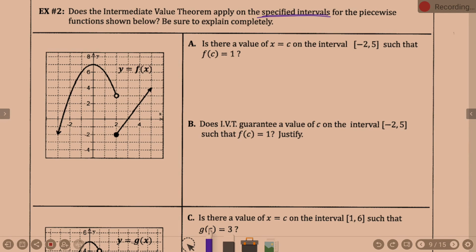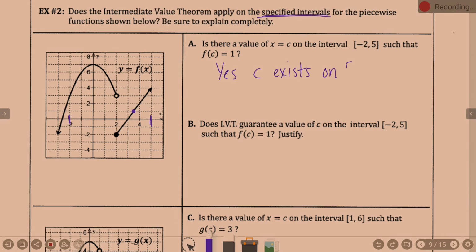There's two different questions here. Is there a value on the interval from -2 to 5 where f of c equals 1? Yes, and that is 3.5. You were not looking at that question. My brain was not thinking that question. I was just reading more into it. So, yes, we can say C exists